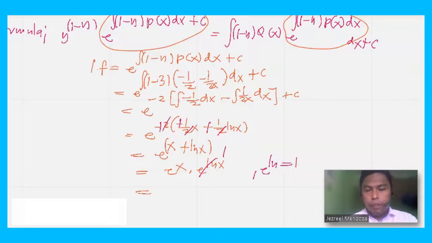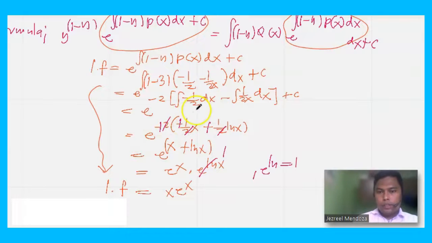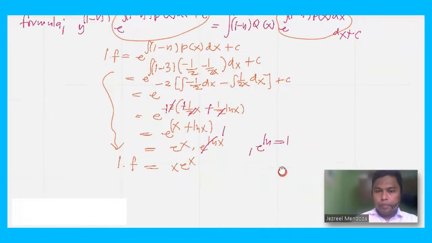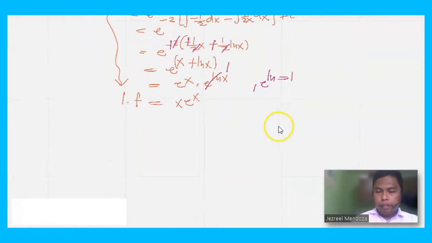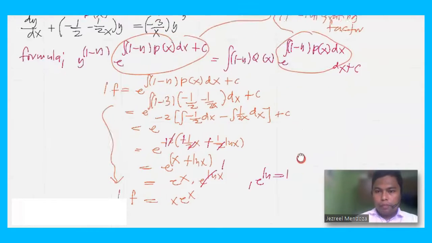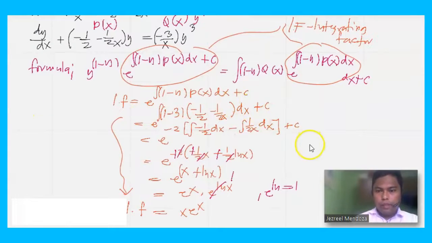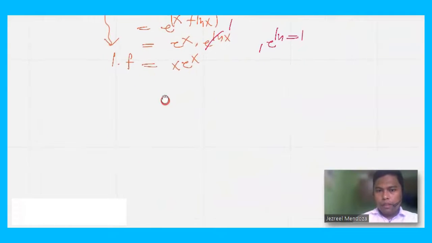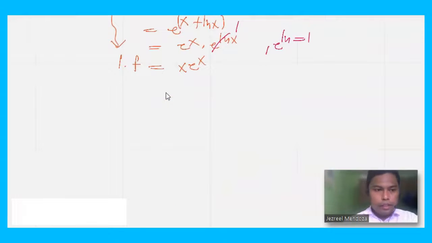So our integrating factor will become x e to the x. Okay, this is our integrating factor. So therefore this will now be our equation, our integrating factor, that is x e to the x. Okay. From the formula, when we copy it, so we can have a guide. From our formula, again,